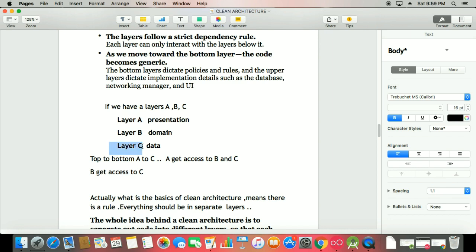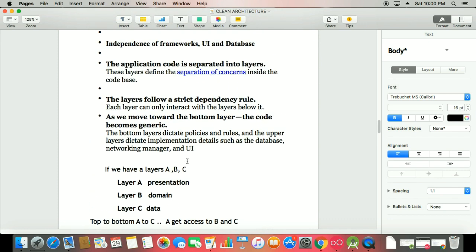But C never accesses B and A. That is called separation of concerns, and it follows this rule. The dependency rule is that C never gets access to B, but B depends on C, and B can access C. So that is the scenario.